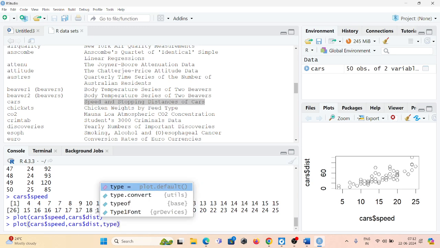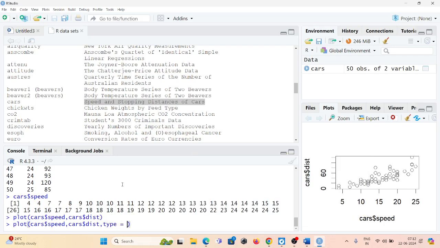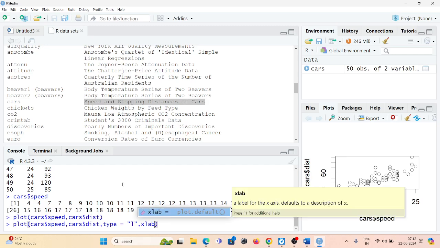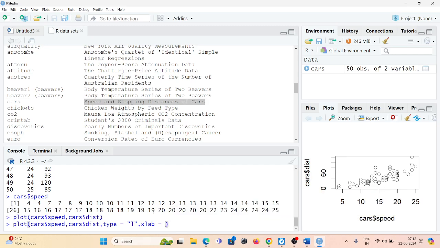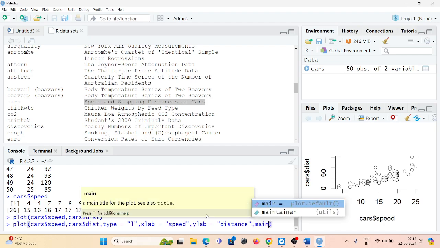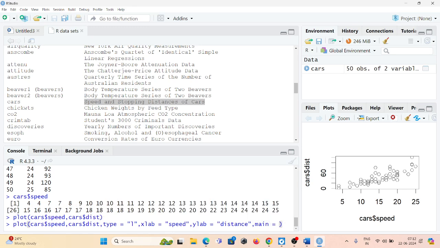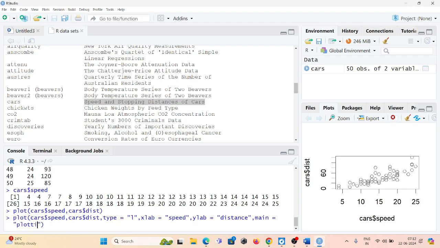So I'm writing here type equals L. Then xlab, let's say I want to give the x-axis title as speed and the y-axis title as distance, and main. Main is a parameter that is used to provide a title to your chart. Let the title of your chart be